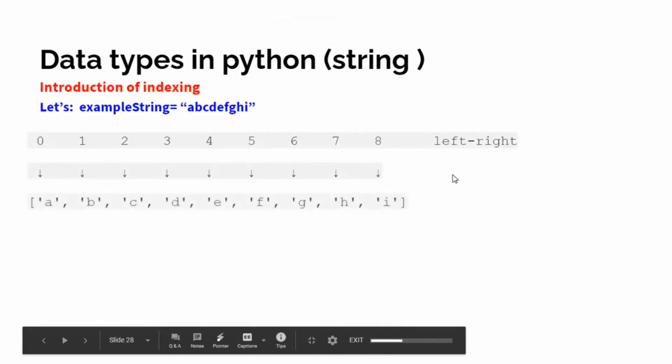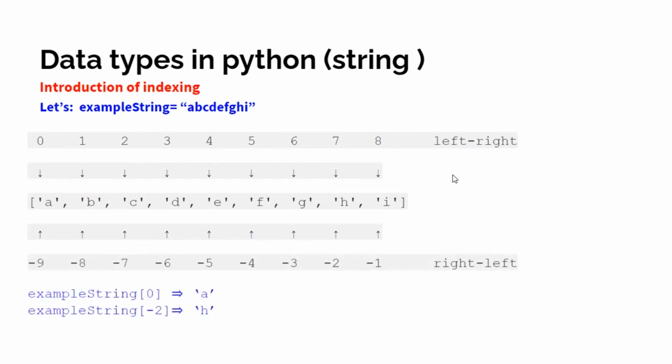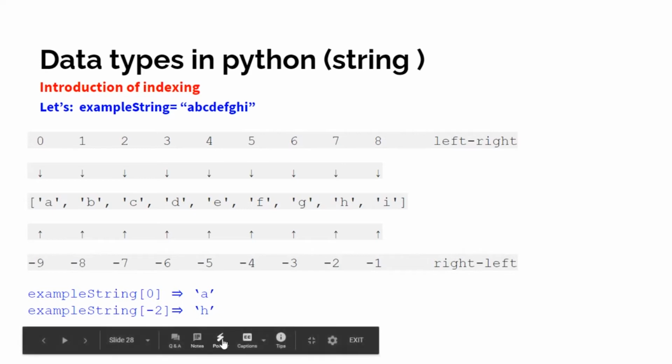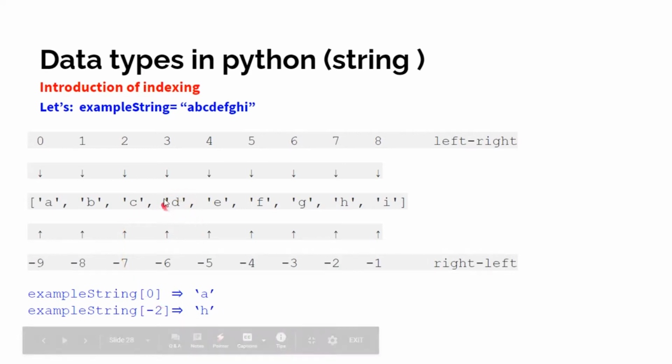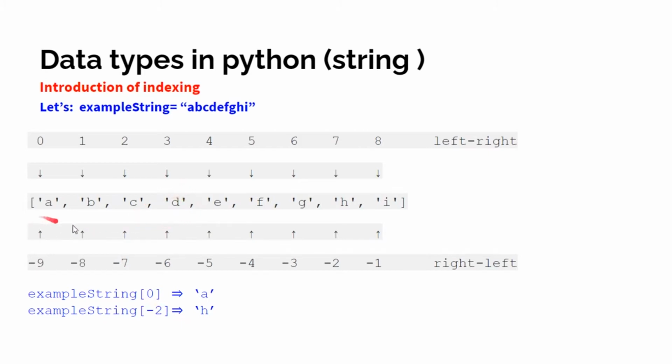Left to right indexing tells that if you want to get any index, then you will go from left to right. So the first index will be considered as 0, then 1, then 2, then 3, and similarly, up to, since we have 9 elements here, we will go from 0 to 8. So this is left to right indexing. Okay, so if anybody asks you what is the index of f, then you will tell that the index of f is 5. Is this clear, everyone?